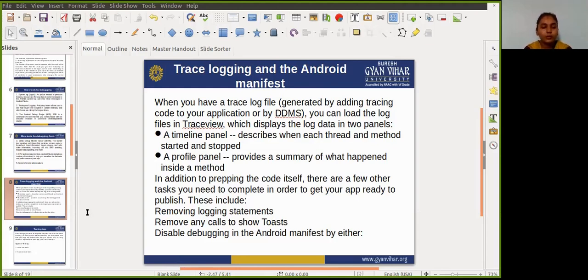Also remove all debug tracing calls from your source code files, such as startMethodTracing and stopMethodTracing.